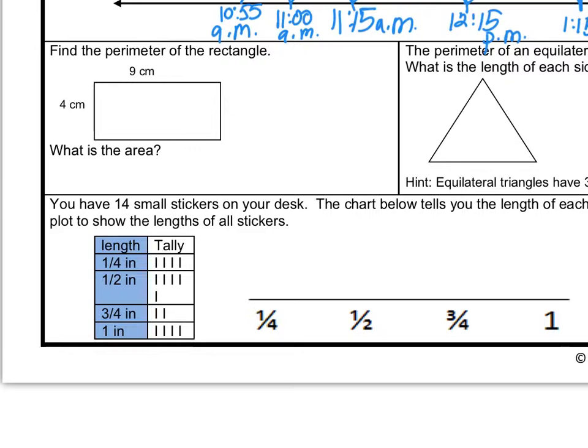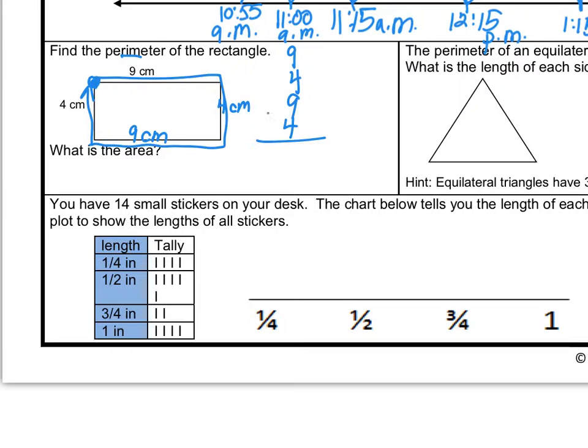All right, find the perimeter of the rectangle. So we're going to do perimeter, a rim around the outside. Going to take a walk. I'm going to go ahead and label the sides that aren't labeled. We're going to start right here and go all the way around, adding up. So first leg of that trip was 9 centimeters, then 4, then 9, then 4, and we're back to where